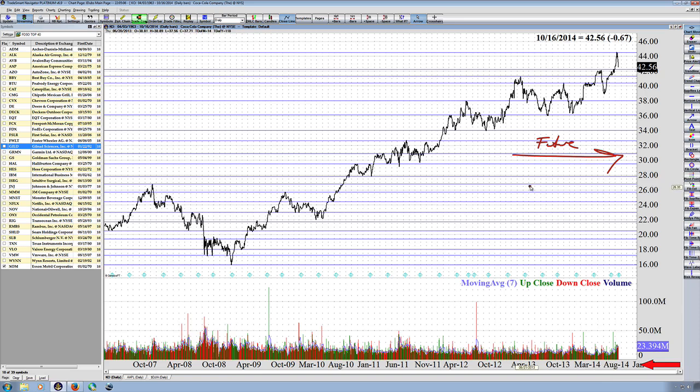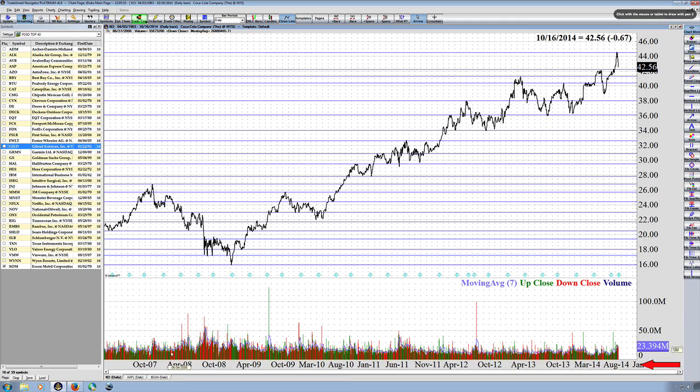But how can we know that this grid is going to be valuable in the future? After all, we're doing is looking at historical price behavior. So the way that we're going to test this is, it's a hypothesis that if it works in the past, then it should work in the future. And so what I'm going to do is a little exercise that we do whenever we chart a stock from the beginning.